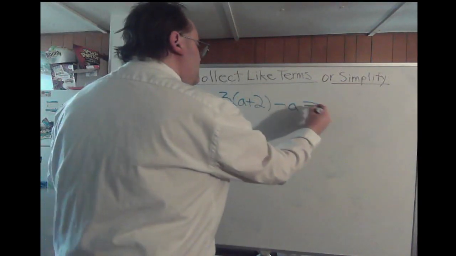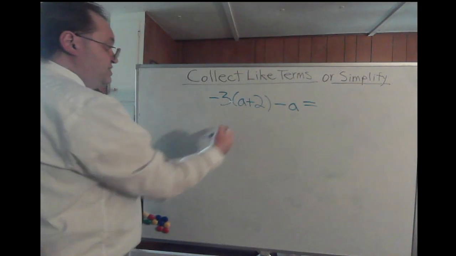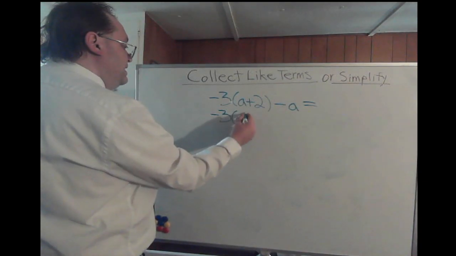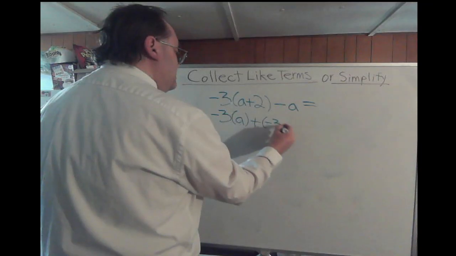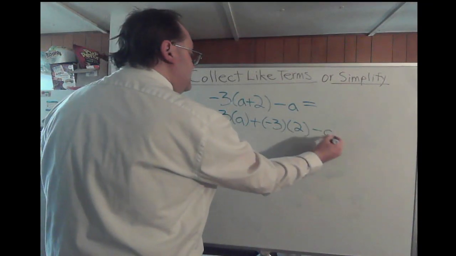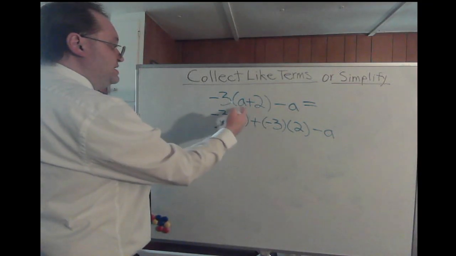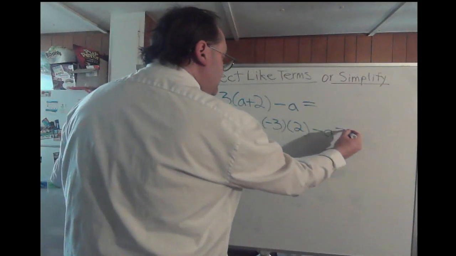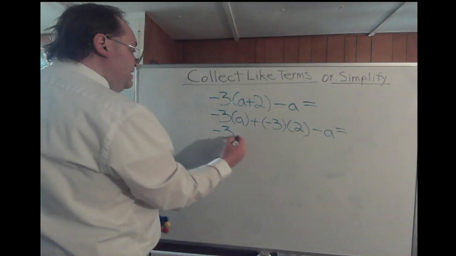Well, again, do your distributive property first because multiplication always comes first. So you'll have negative 3 times a plus that negative 3 times the positive 2, all that minus a. So negative 3 times a plus negative 3 times 2, then minus a. So next, do your multiplication again. You'll get negative 3a